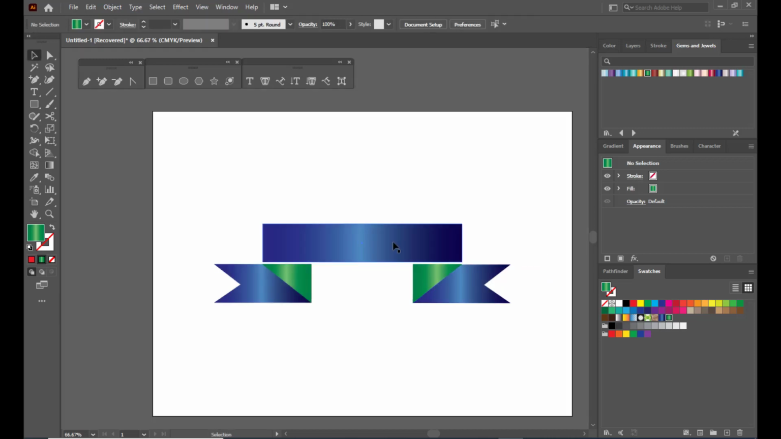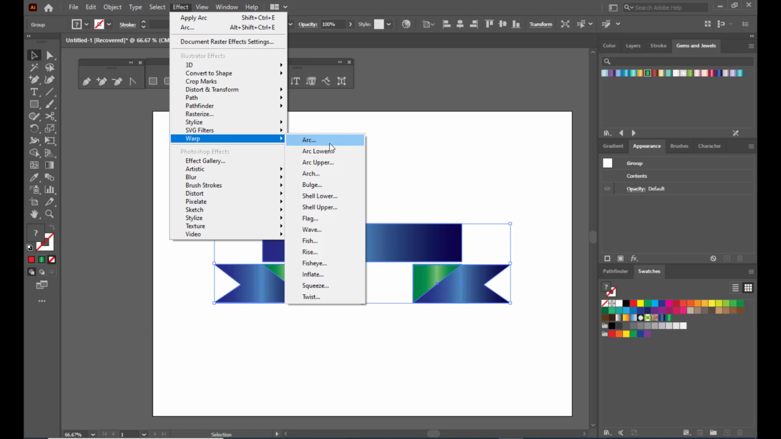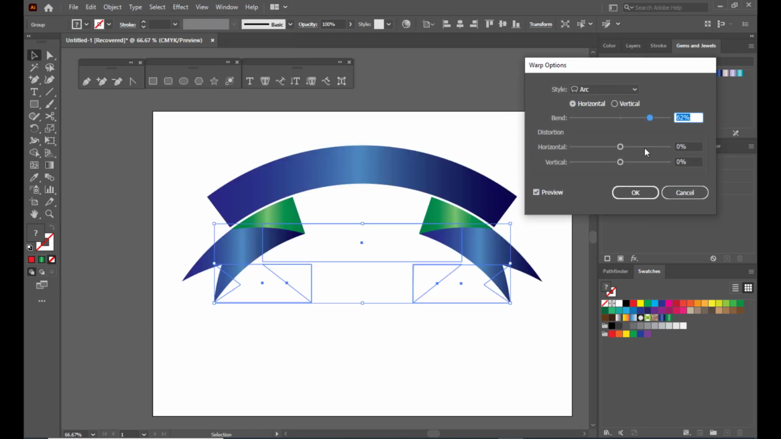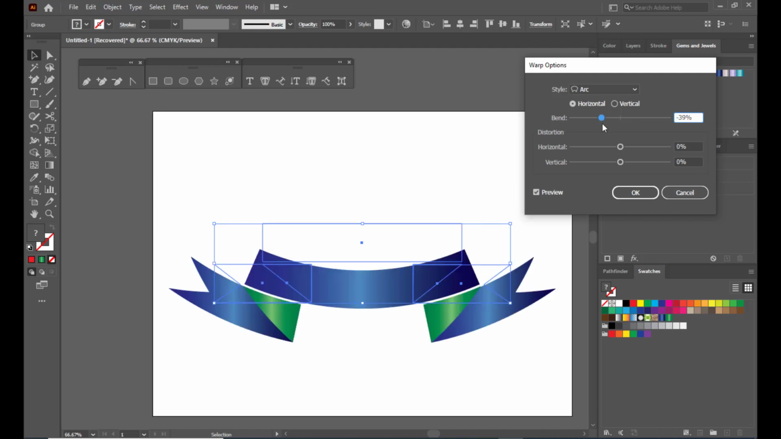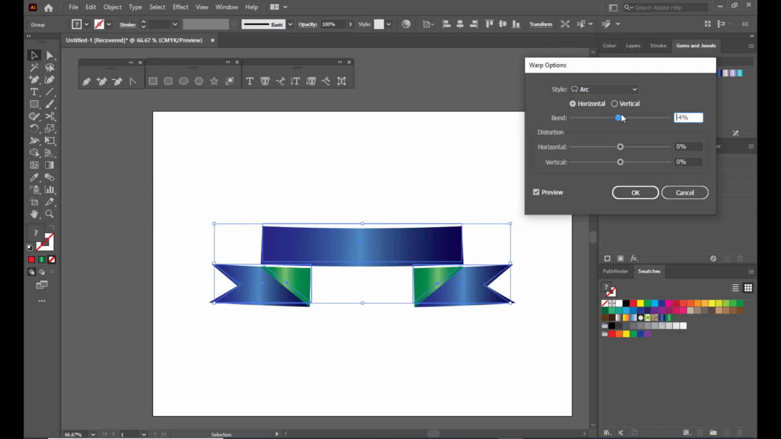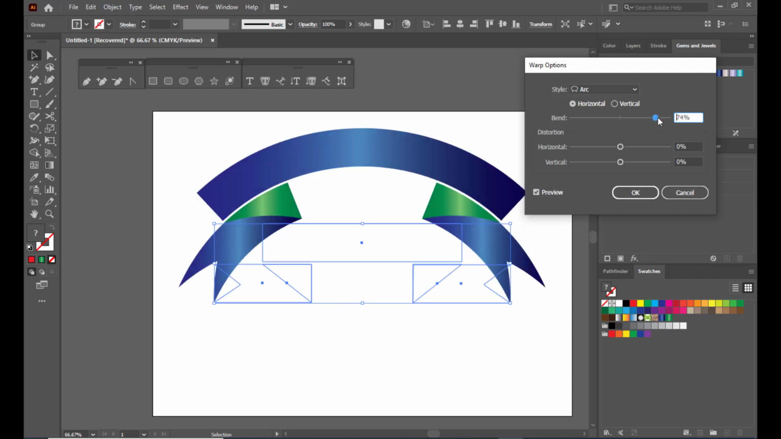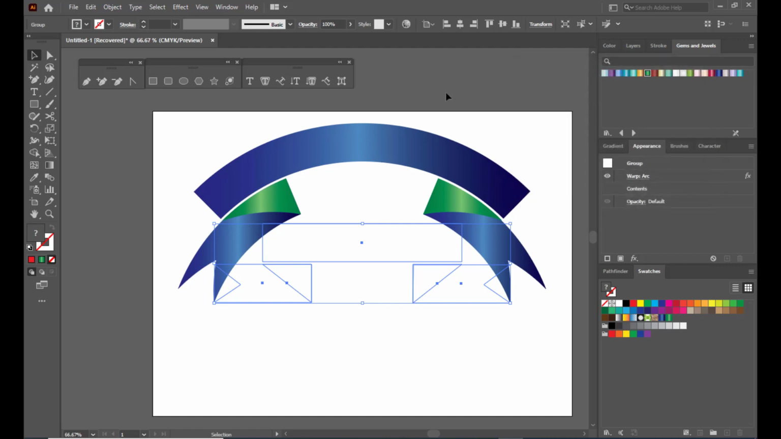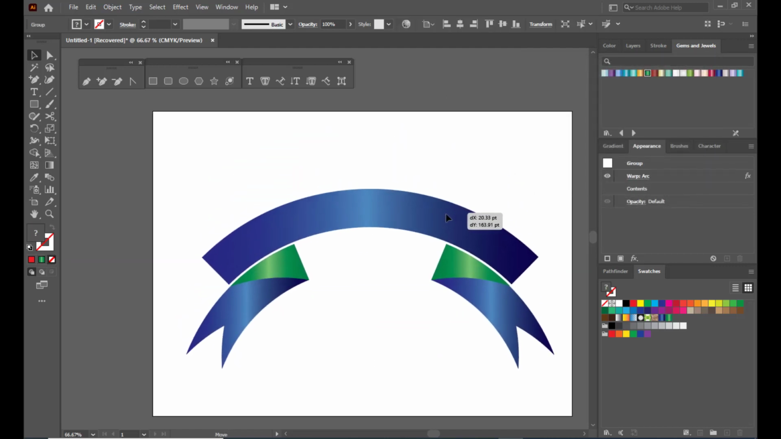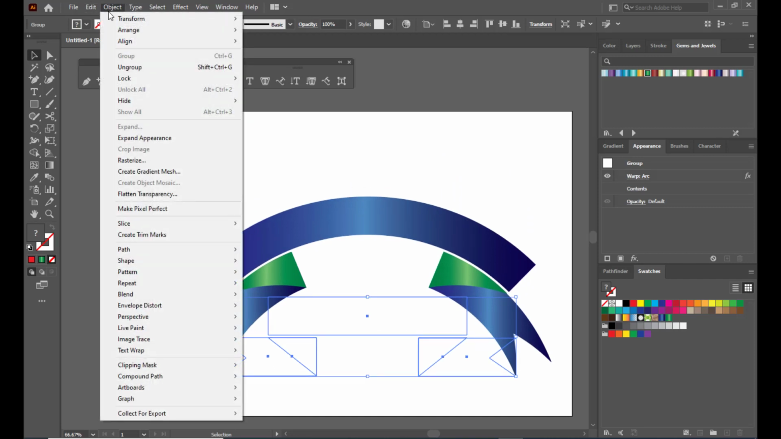So now we will select our ribbon. We'll simply go to effect, go to warp, and select arc. Here we can increase or decrease the bend value, but it looks nice if we increase the bend value. Simply click OK, and then what we are supposed to do is go to the object menu, and